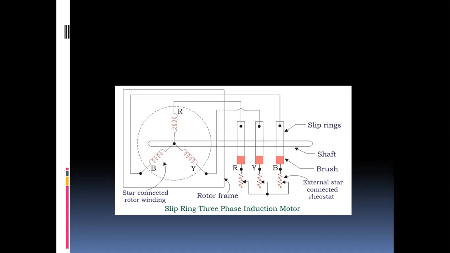When running under normal conditions, the slip rings are automatically short-circuited by means of a metallic collar which is pushed along the shaft and connects all the rings together. Next, the brushes are automatically lifted from the slip rings to reduce the frictional losses and the wear and tear. Hence, it is seen that under normal running conditions, the wound rotor is short-circuited on itself, just like the squirrel cage induction motor. So with this, we come to the end of the construction of the three-phase induction motor.